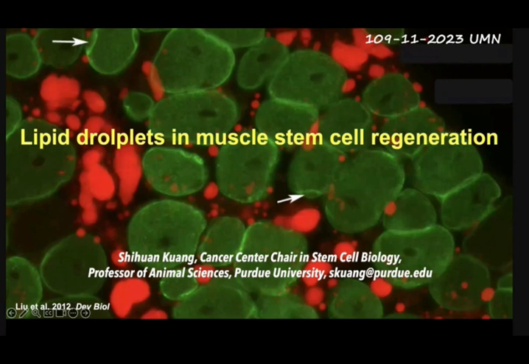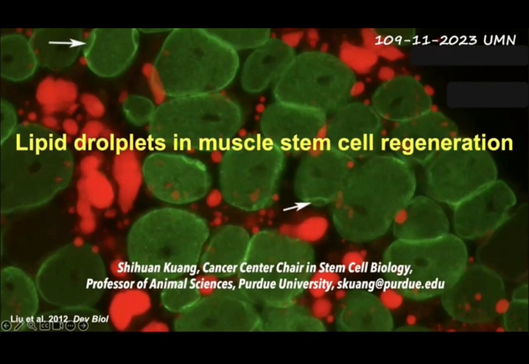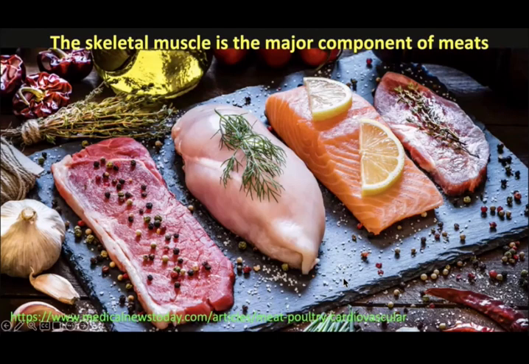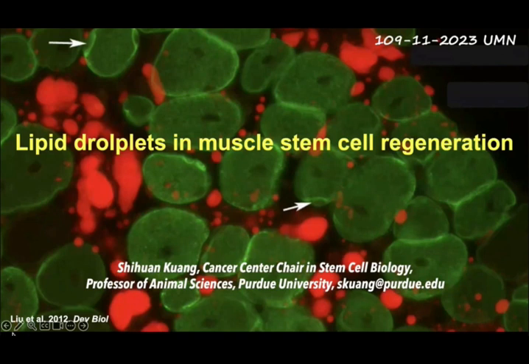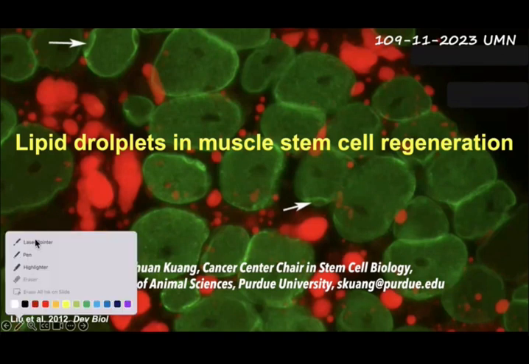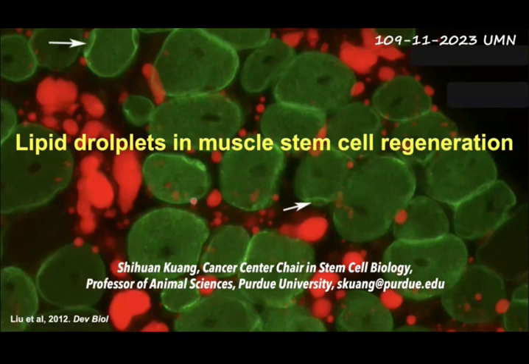It's a great pleasure to introduce Dr. Shihuan Kang, who's a professor and cancer center chair in stem cell at Purdue University. Dr. Kang is a really very well-known scholar for his pioneer work in the stem cell research. His lab studies the development and regeneration of skeletal muscle, as well as cells such as adipocytes that interact with